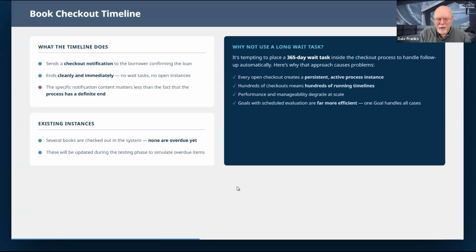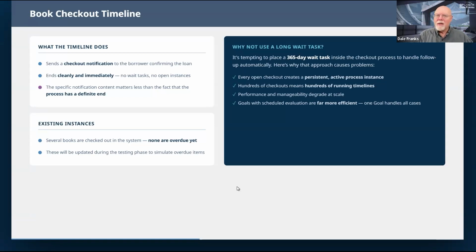I see a lot of times people using wait tasks, sometimes very long wait tasks. Now, look, it is appropriate to do that sometimes. There may be timelines where I need to throw in a 48-hour pause or a 1-week pause or something like that, and that is perfectly legitimate. And because we're so used to doing that, our first thought is always, well, I'll just throw in a 365 days wait activity.